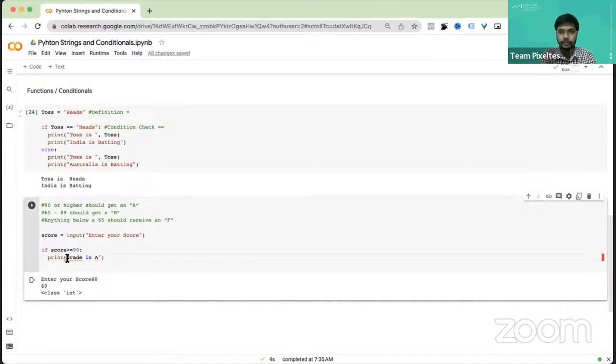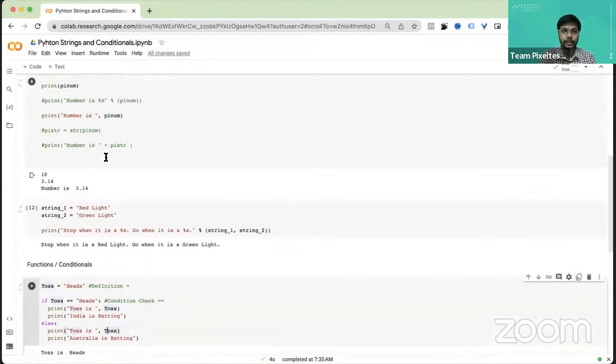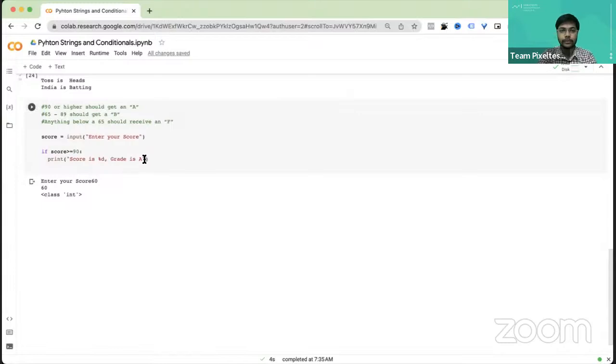So this is what we want to say, right? So you can make it more interesting. Like you can say score is percentage d, and so grade is A, and you can say percentage here. If you remember how you did that, I'm going to say percentage. Let me go ahead and show you the syntax of this. So you did the print statement, and within the print statement, you did a percentage within, and then gave the variable. So similarly, I'm going to say